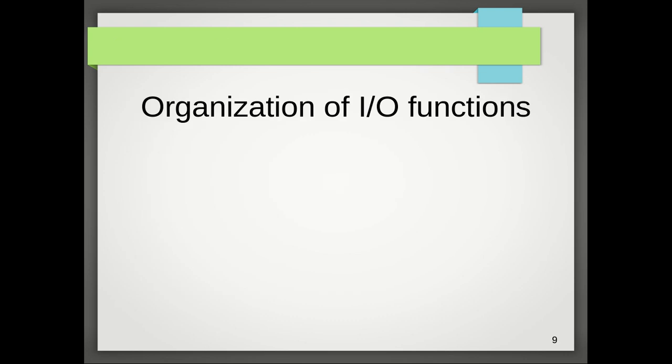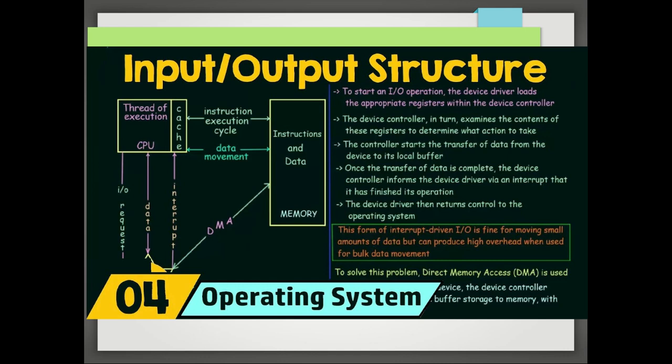Now the important organization of input output devices that we will see now. So this is the typical structure of input output device, how the operations occur in a system when a system is requesting or taking some input and providing some output. So here the DMA is not visible. In this figure here we have a direct memory access. Now this is the CPU and this is the memory.